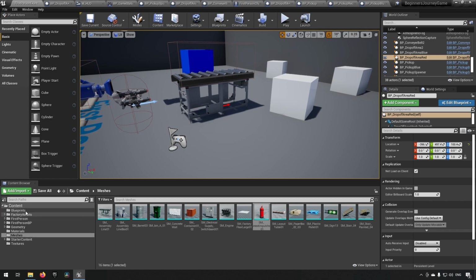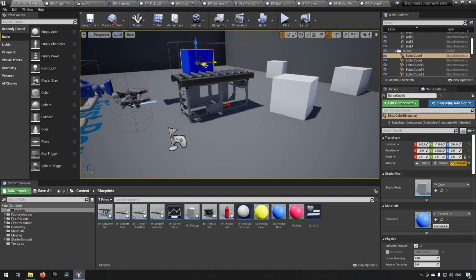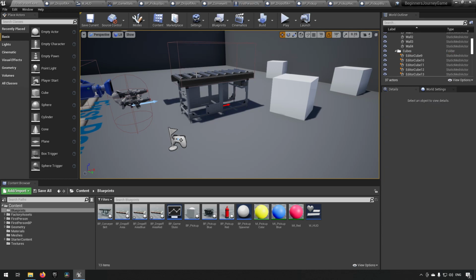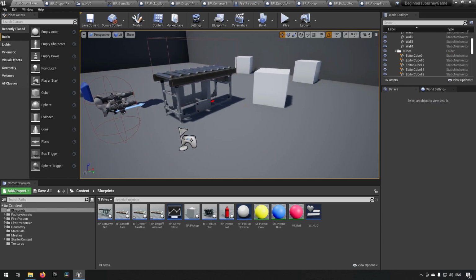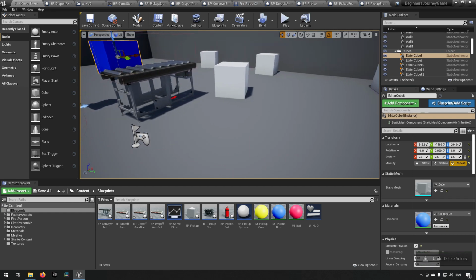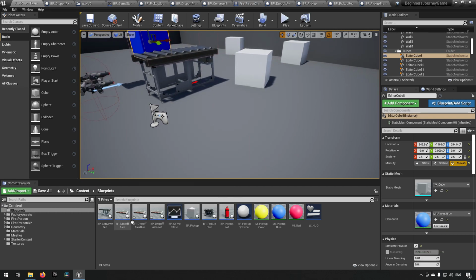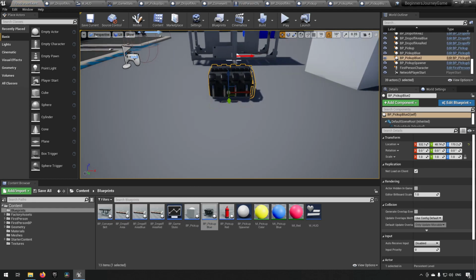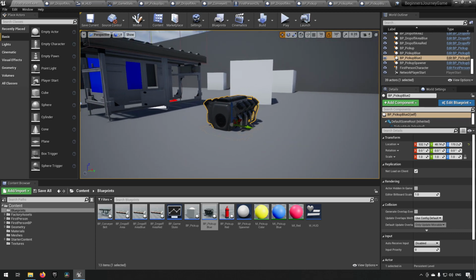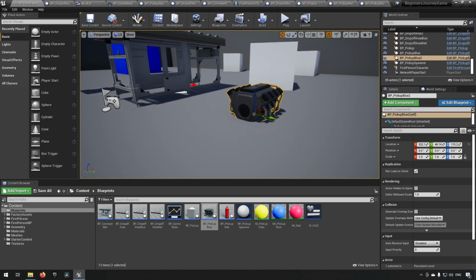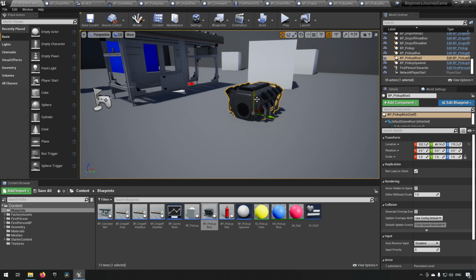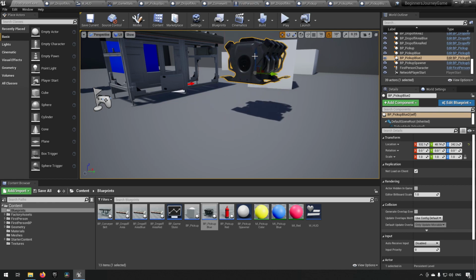So if we were to bring our blueprints, we have a cube here, we can remove that one. Oh, that was the cube from behind. Let's keep that one. Did not intend to do that. So we'll save these so they're done, and then we take the pickup blue here and we drop it. And we see that it is dropping it in a little bit in the ground, which isn't great, I guess. But if you were to